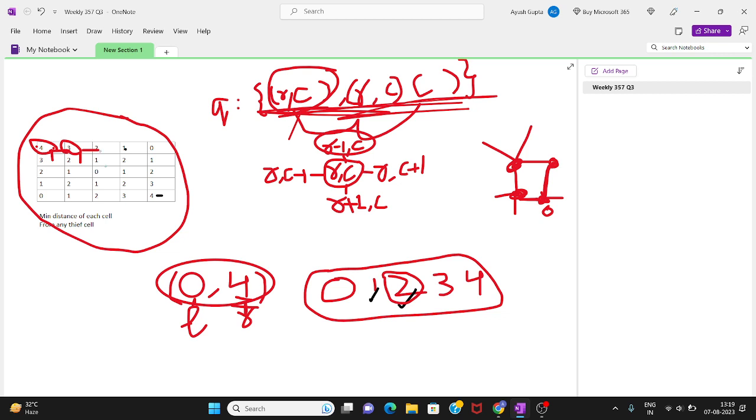Now from 3 we can go to 2 and down, which is also 2, and both these values are not lesser than 2, hence we can go to any one of them. Let's say we moved here. Now from here we can make these two choices, but these two choices are 1, and that is what makes my answer lesser than 2.